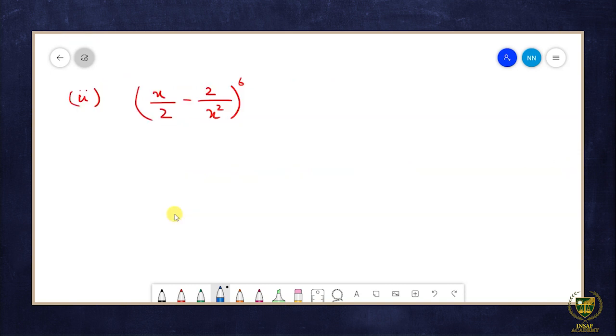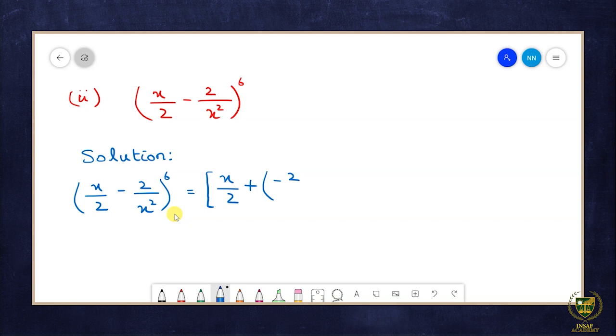Next we have part 2, (x/2 minus 2/x^2) raised to the power 6. Let's solve it. (x/2 minus 2/x^2)^6 is equal to (x/2 plus (minus 2/x^2))^6. This is equal to